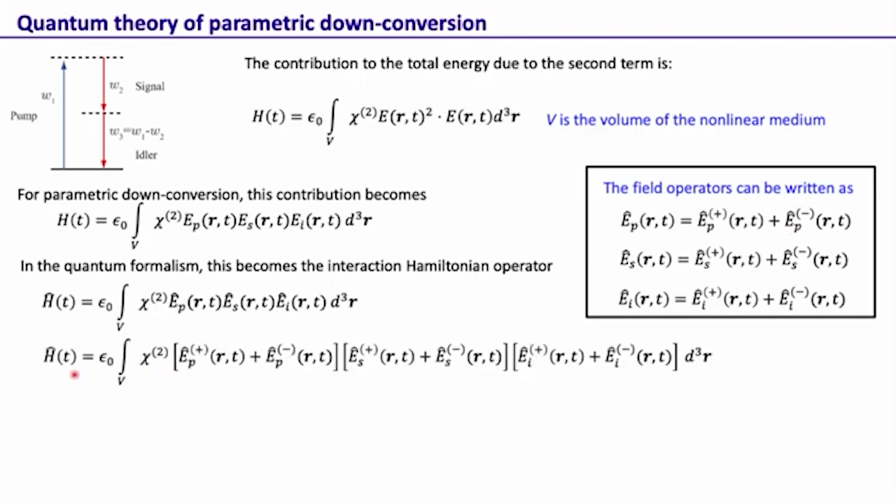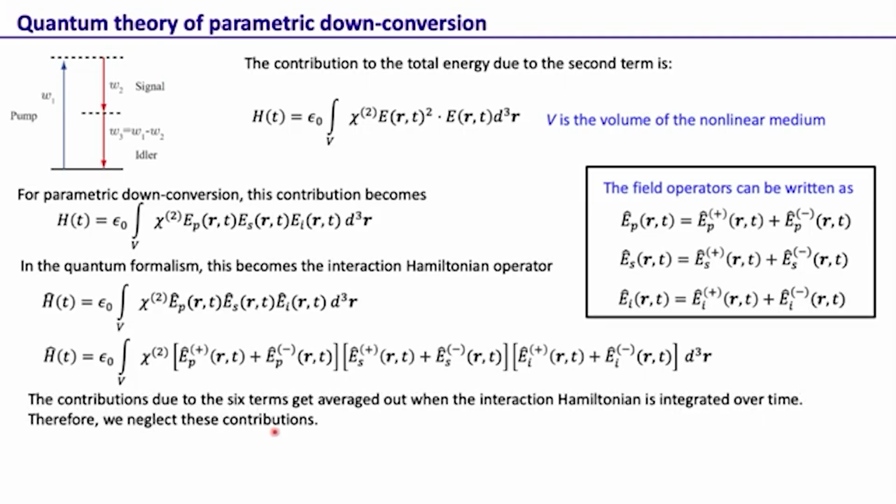So if you do that, this expression for the Hamiltonian becomes this. Here we are just replacing EP, ES, EI by these expressions. So a total of 8 terms is what we will actually get here, and all kinds of combinations will have EP plus, ES plus, EI plus and so on. But it turns out